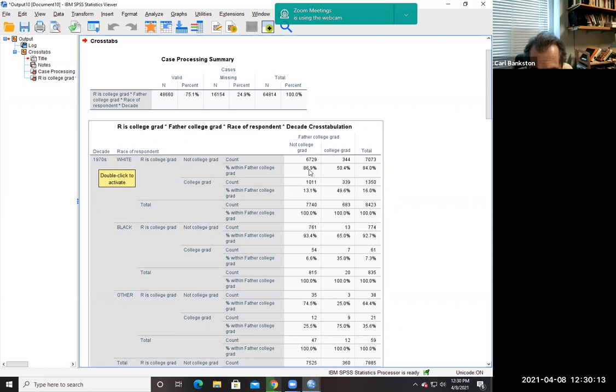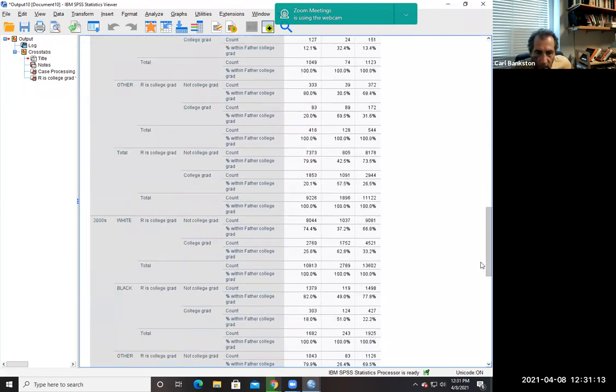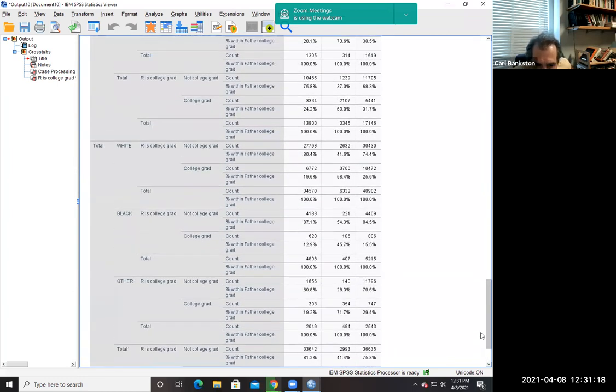87% of whites whose fathers were not college graduates were not college graduates. And about 50% of whites whose fathers were college graduates were themselves college graduates back in the 70s. Among Black Americans, 93%, or just about all of those whose fathers were not college graduates, were themselves not college graduates. And even among those whose fathers were college graduates, only 35% had graduated from college. So, there's a clear tendency back in the 1970s, if you're Black, to have less education regardless of parental educational background. And then let's just skip down to the 2000s